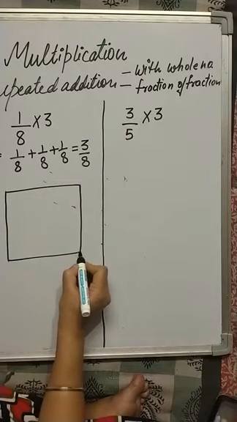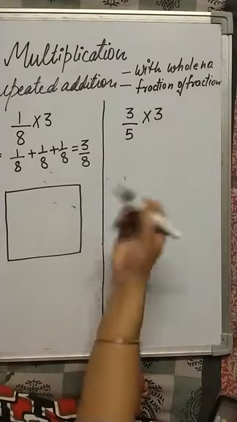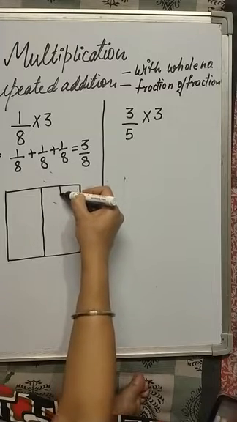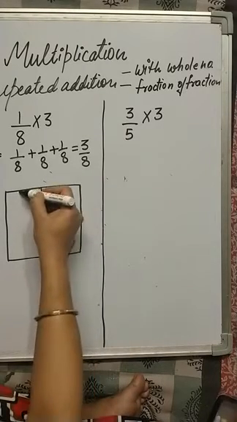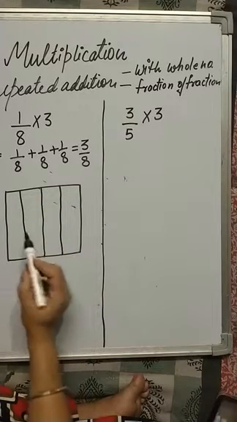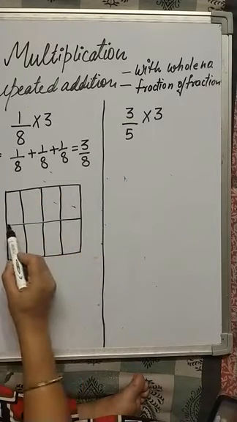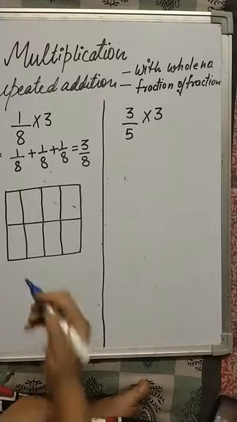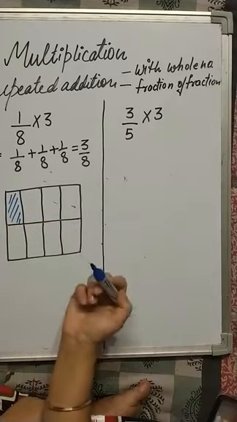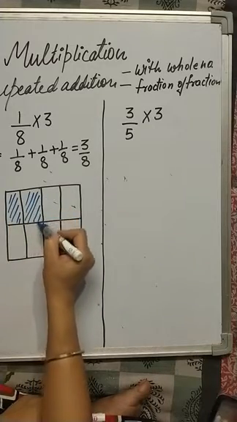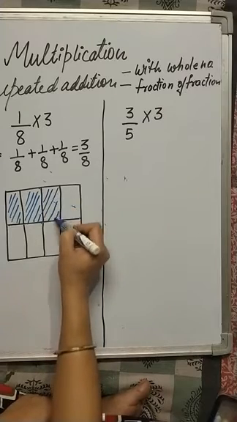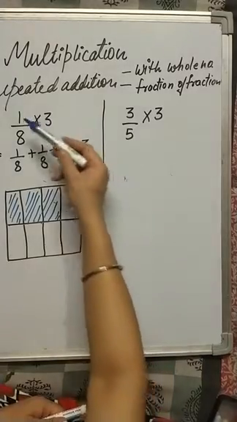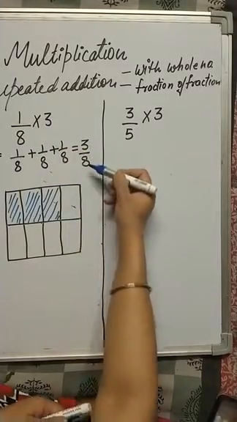This is a chocolate or a toffee or a bar, whatever you want to say. Let me distribute this into, what is the denominator here? 8. Let me distribute it into eighths, sorry. These are eighths. How many eighths are we getting? One time we are getting 1/8, second time we are getting 1/8, and third time we are getting 1/8. So this is the reason why we write 3 times 1/8 is 3/8.